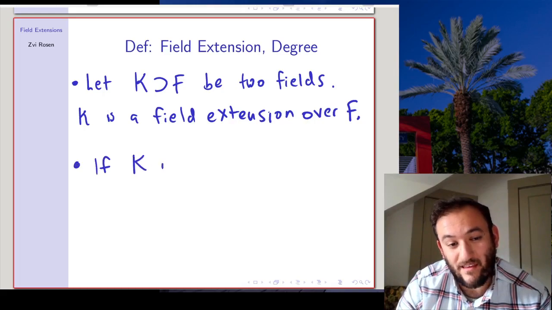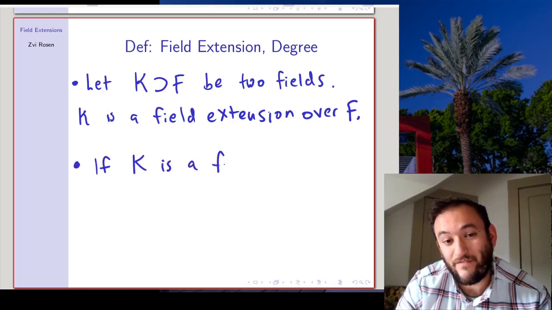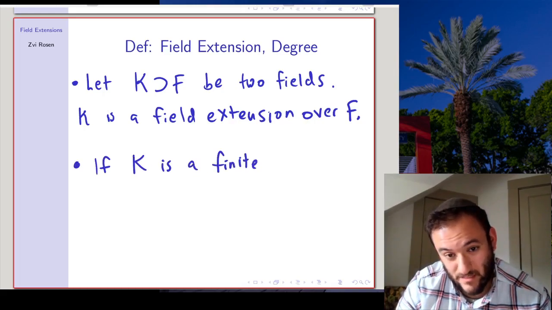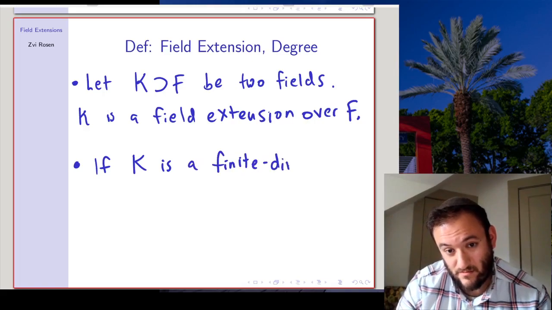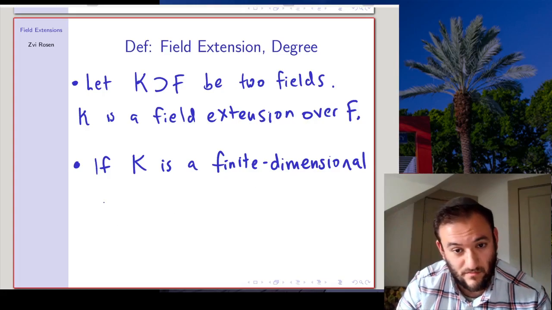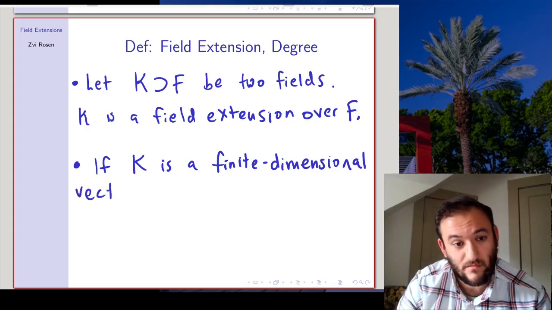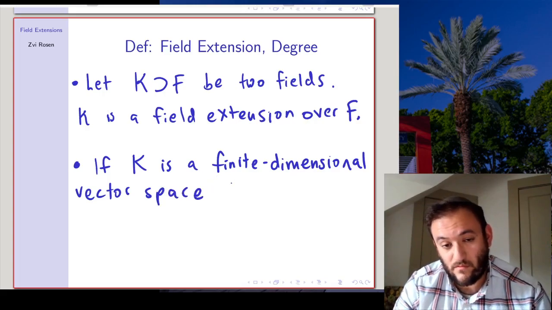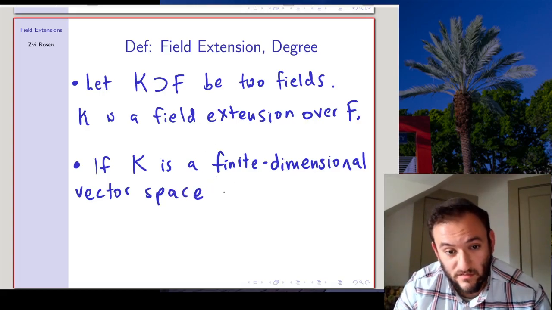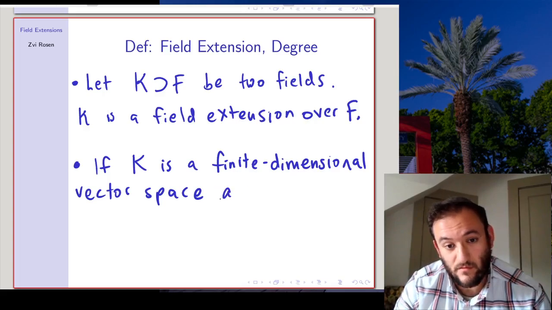If K is a finite dimensional vector space, in addition to being a field, I should say over F,